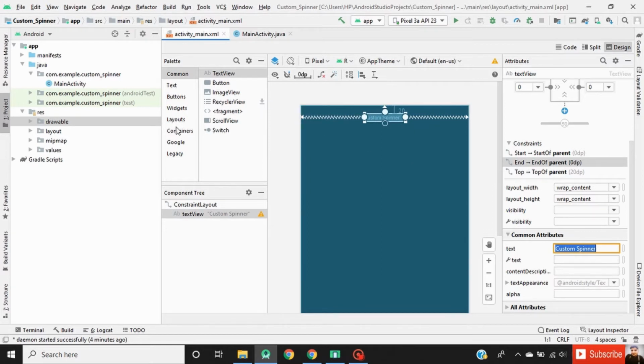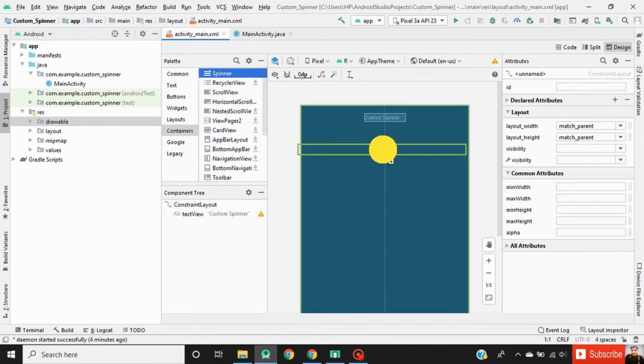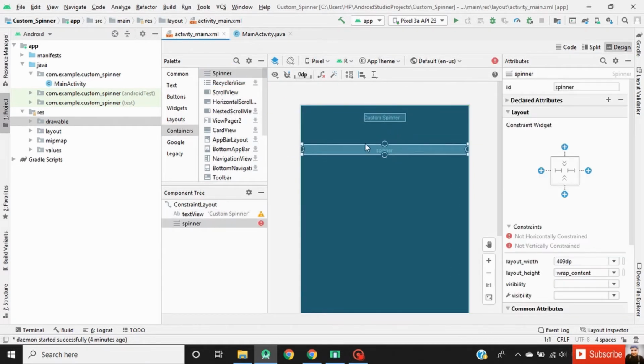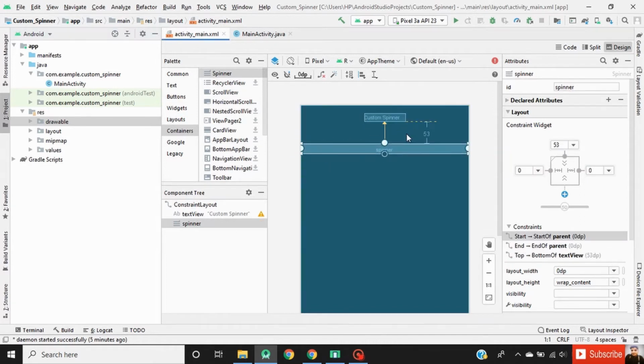Go to containers, then drag a spinner into our activity layout. Change the width of the spinner to wrap content. Now define constraints for this spinner. Set the margin to this spinner.